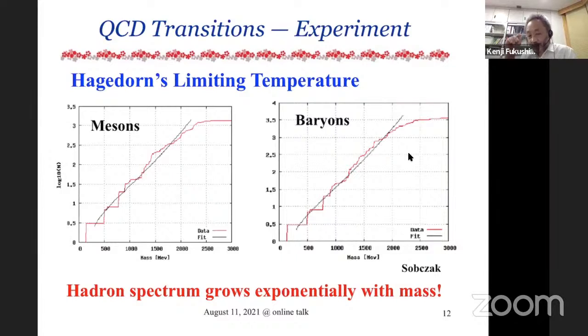So if you count the number of mesons and the number of baryons, including resonances, not only their stable states, but also resonances, then if the mass becomes larger, you have more and more states, more excitations in mesons and baryons both. And then the number of particles or number of species grows exponentially. And then what happens if that is the case? What happens is very, very non-trivial.